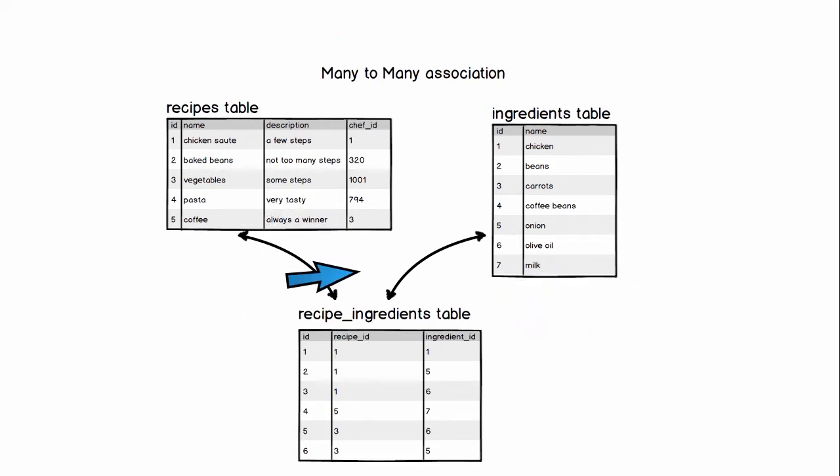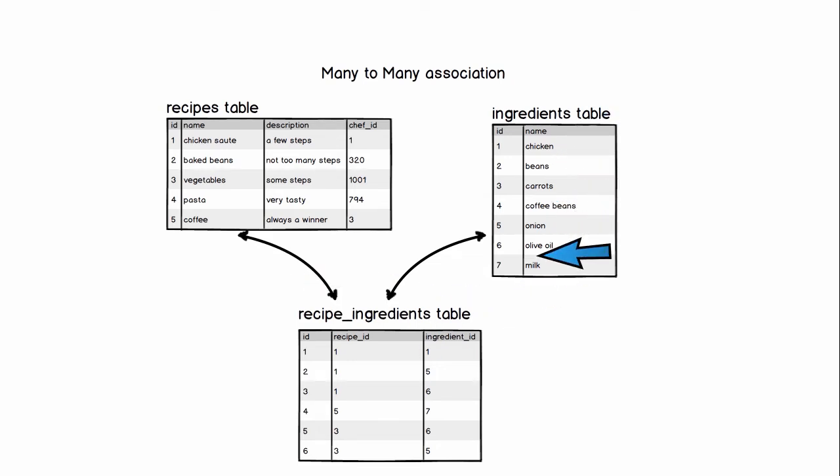Now, in Rails, the advantage is once you do this, even though these two tables are not directly connected, you can do something like this. Let's say you grab a recipe variable, chicken sauté. So recipe equals Recipe.find(1) or something like that. So you have chicken sauté. You can do recipe.ingredients, and it will list out, based on this relationship, all of the ingredients associated